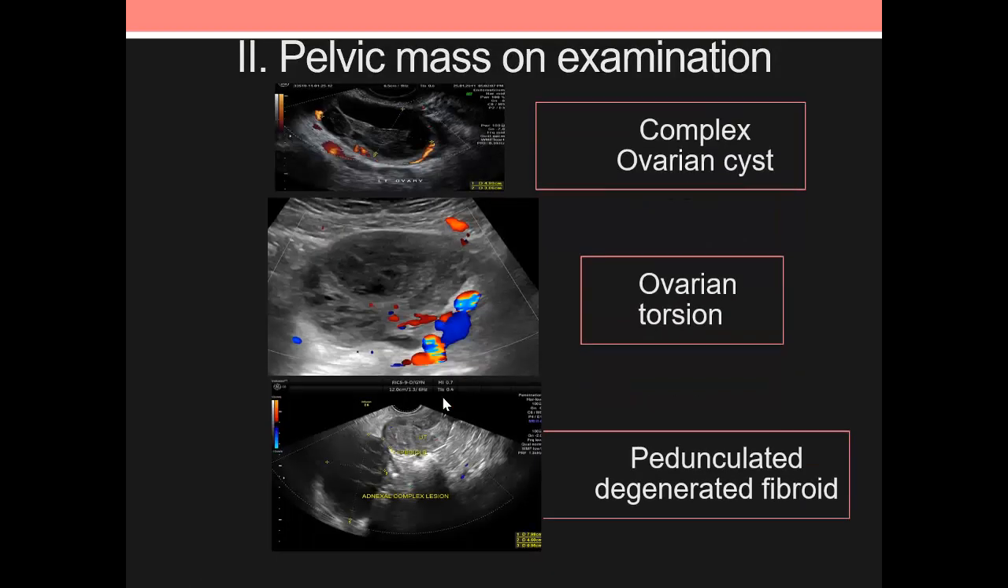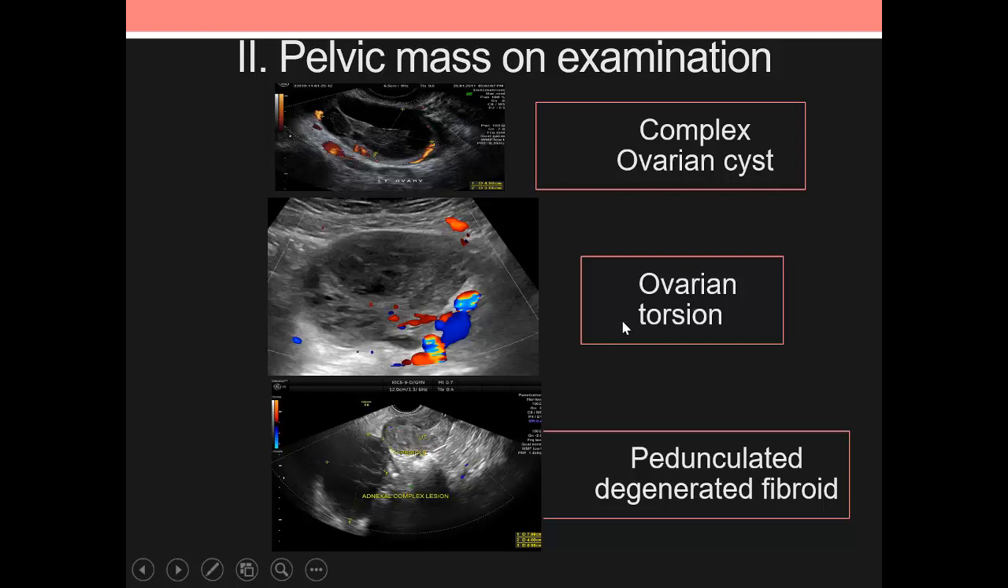Pelvic mass on examination. If we have a pelvic mass, we have just said that the primary imaging modality is the ultrasound. This is by ultrasound. We have here a complex ovarian cyst. Here we have an enlarged ovary, and this enlarged ovary is devoid of vasculature with whirlpool sign, and this is characteristic